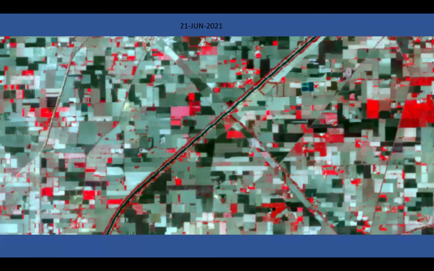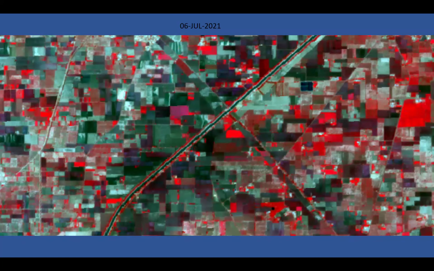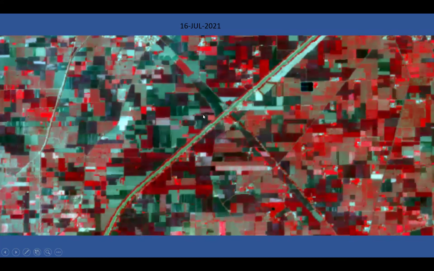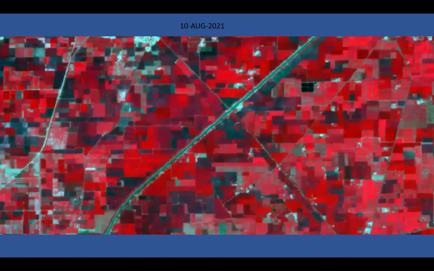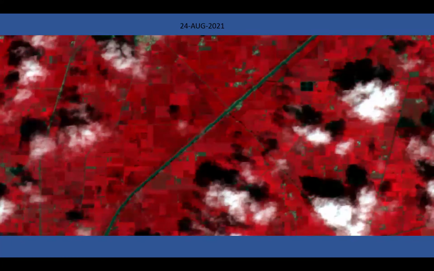Here you can see 21st June, the dark color has increased and red is also increasing. That means the sowing is slowly starting. Sowing progress has happened. Here you see all the lands have been prepared and the sowing has improved on both sides of the canal. In between, this is the canal. Now the sowing has further increased. This is in July. Now August, almost complete. Now it is completely done. All lands are covered. We call this a temporal analysis of satellite imagery.